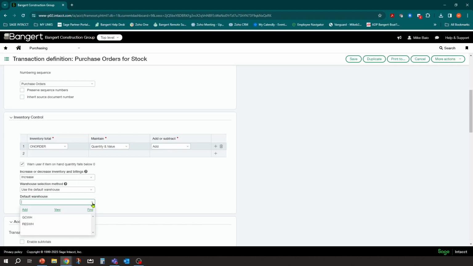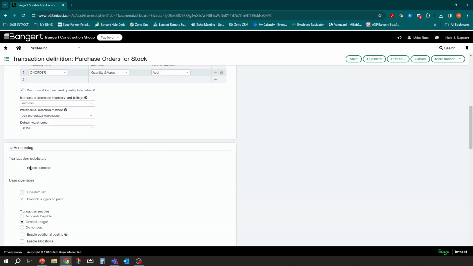If I'm ordering for the GC warehouse, I might go in and enter a purchase order for stock-GC transaction definition. If I want to do it for the residential warehouse, I could, and you can establish multiple default warehouses here. You can always do it all in one and just change it as you go. If you don't, it's not that big a deal, you'll change it as you enter your purchase order, and that's fine too. So let's just say this is the GC default warehouse.